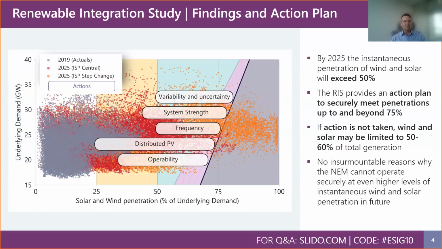The purple area then is bounded by a solid line that reflects our current understanding of the levels of penetration, based upon our current understanding of limits as well as dispatch, that we would likely be able to operate up to 75% of instantaneous penetration given the current system if we have the right